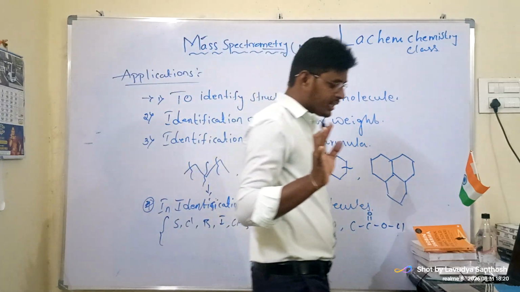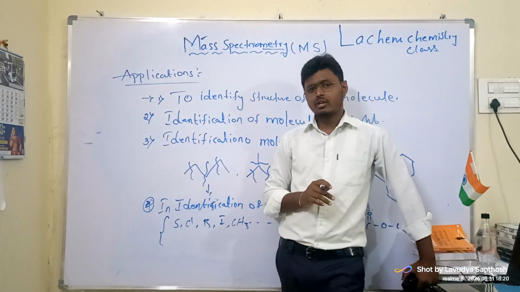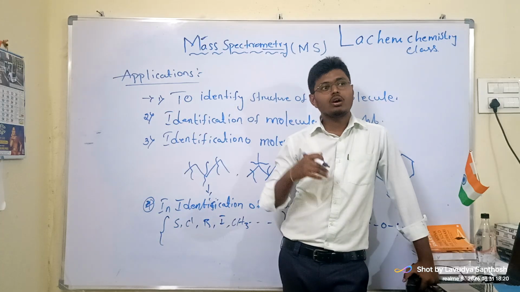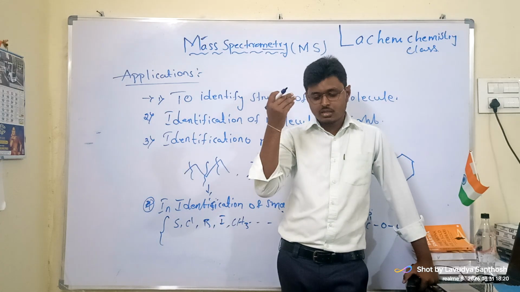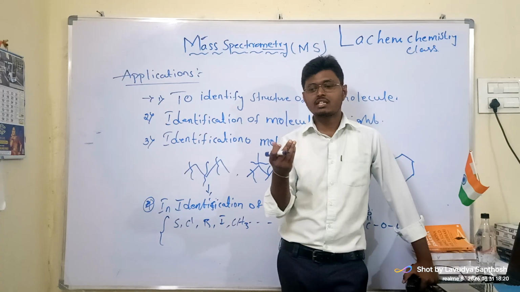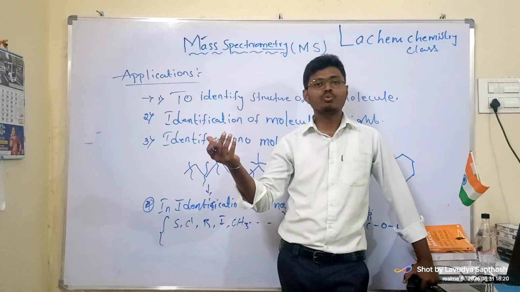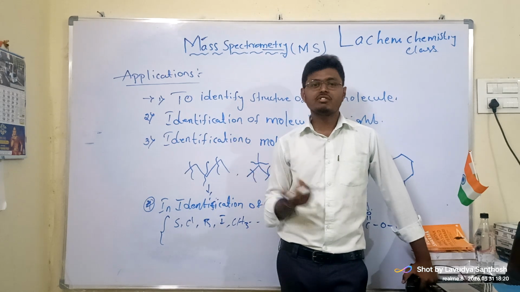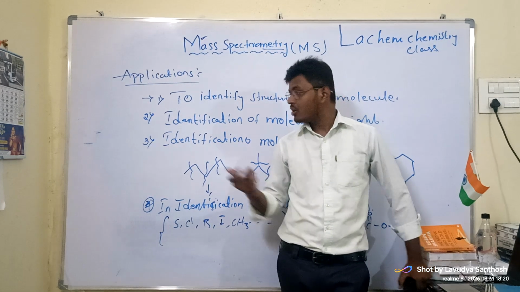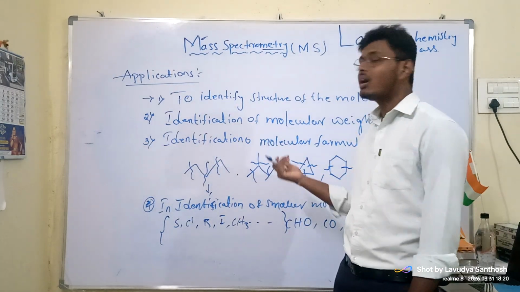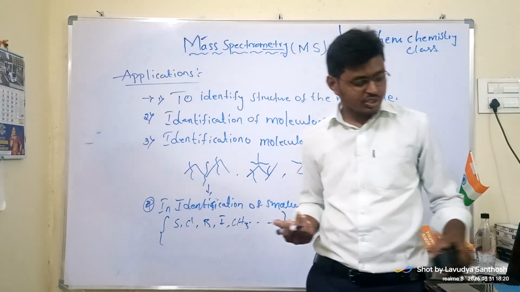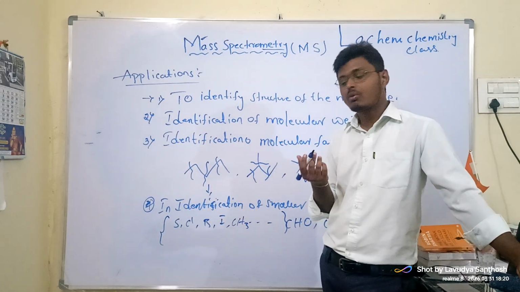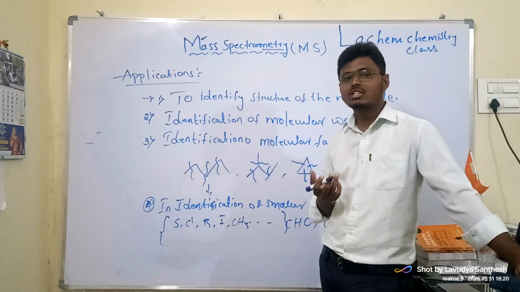For example, you are sitting in an experiment lab and you have worked on some kind of experiment. You extracted some product, but you don't know what product it is, and you want to know it to submit your thesis. Before that, you must have an overall history: what the product is, what its structure is, what its reactivity is. Once we know the history of the product, only then are we going to have further studies on it.